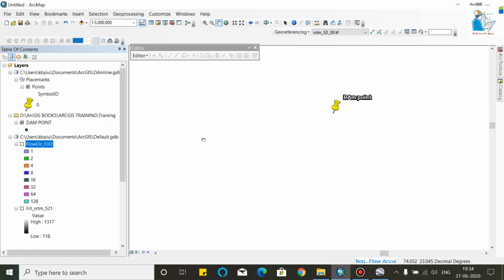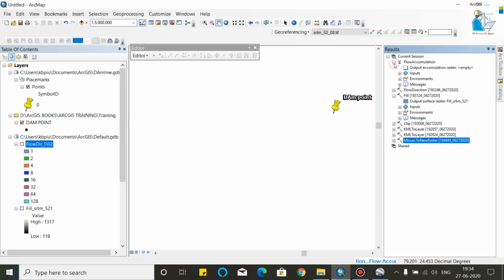It is taking time. No problem, we will wait. We can also see in a result. As you can see, your flow accumulation is running.